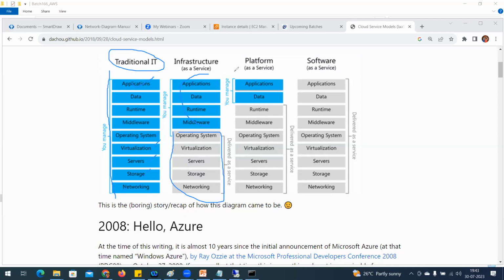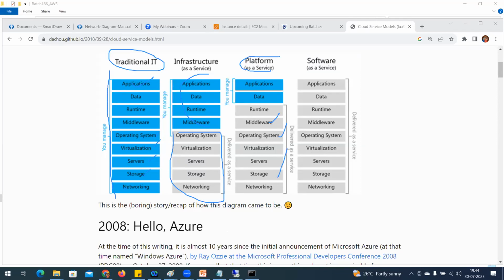Okay. Whereas in platform as a service, what is platform as a service? I don't need to install the application. The operating system, the hardware and the application, they are going to take care of, just like a DB. Once the DB is available, I consider the DB a platform as a service. No need to maintain anything. I just need the DB application to come as a service. Just open the browser, go to the portal.